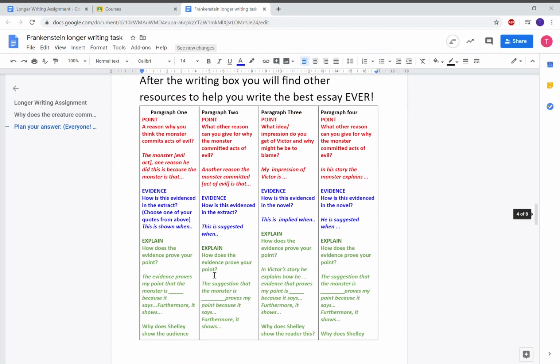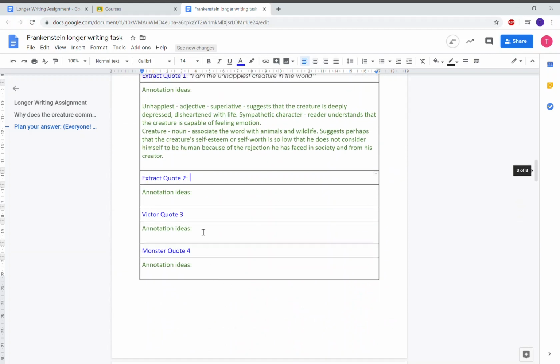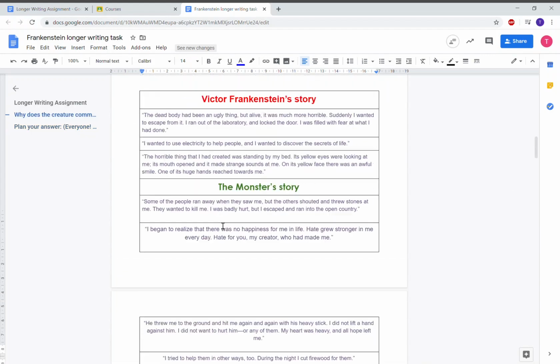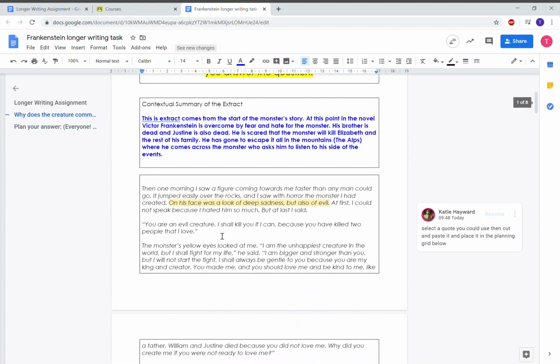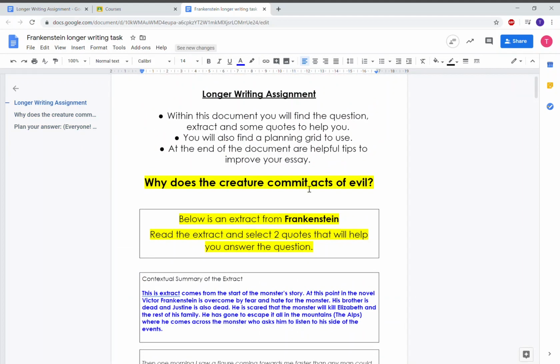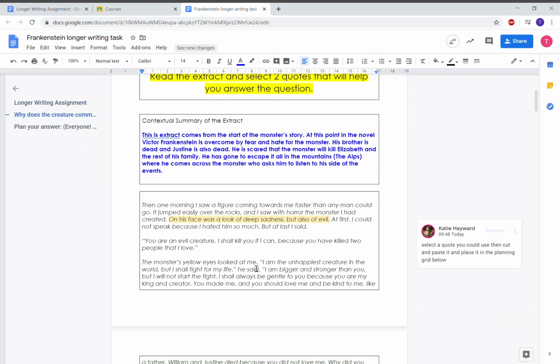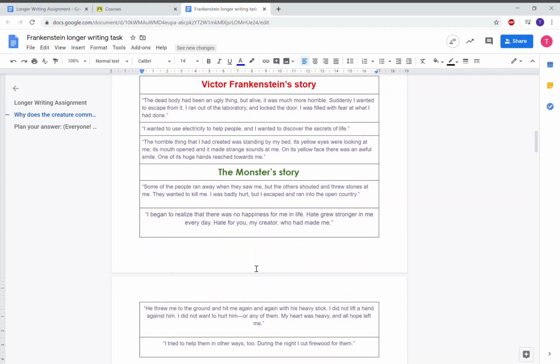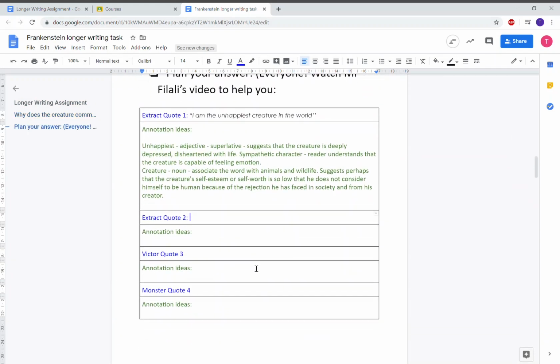So all you need to do is find three more quotations that you think would be good to answer the question, why does the creature commit acts of evil? And you need to try and add those annotations in this plan here, okay? Now the